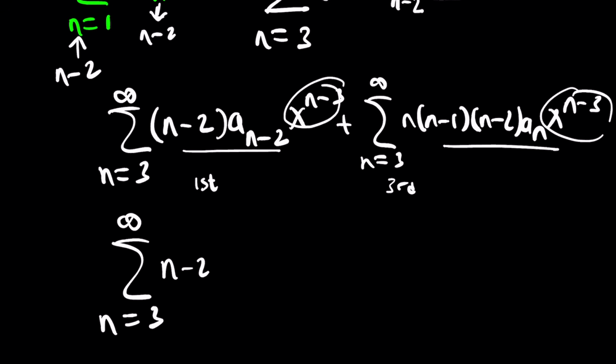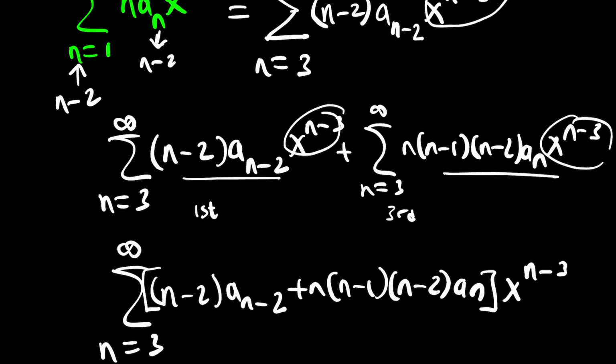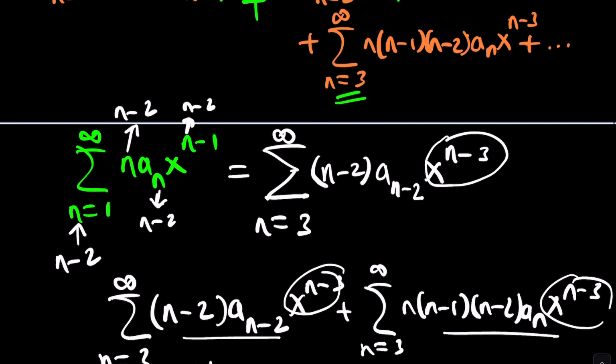We have n minus 2 times a sub n minus 2 plus n minus 1, n minus 2, a sub n. Now this giant thing is going to be the coefficient of x to the power n minus 3. Let me tell you what happens after this. On the left-hand side, do we have x to the power n minus 3? Absolutely. If you also change the index here, you're going to realize on the left-hand side, we can also do